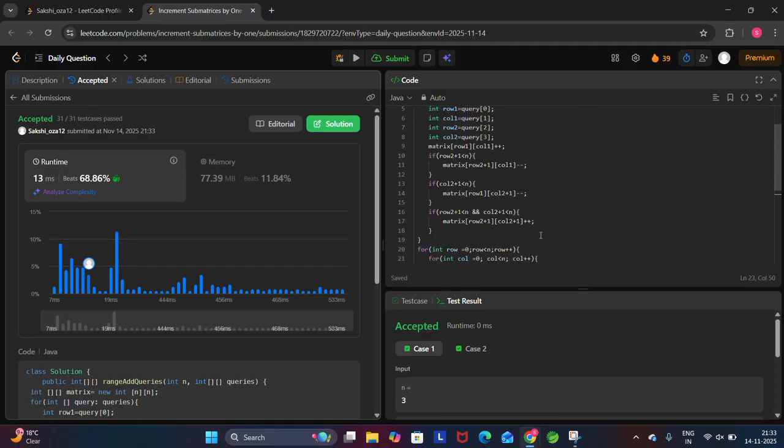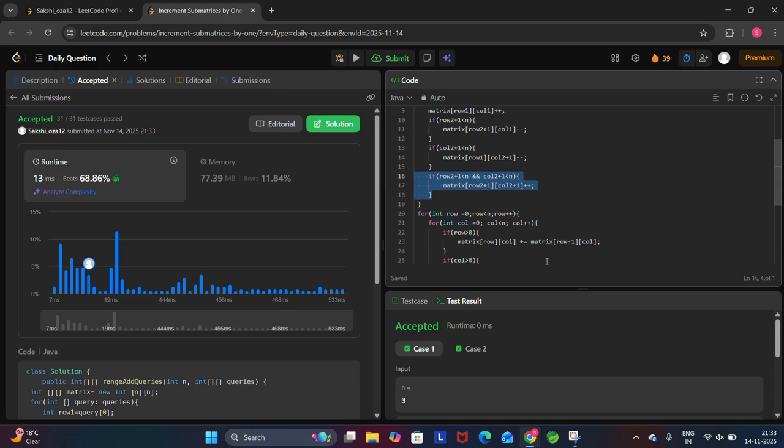And after that, below the bottom boundaries, the cell immediately to the right of the boundary also gets decremented by 1. Finally we increment the cell outside the diagonal of the matrix to compensate